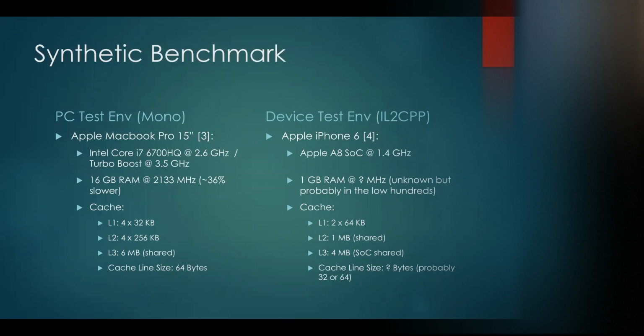And then the other device we're going to test is the iPhone 6, just as seen on my desk. It's an Apple A8 system on chip. It runs at 1.4 gigahertz, so way slower. Has 1 gig of RAM. We don't know how fast it's running because Apple doesn't tell us. Like most of what we know about the Apple system on chips is through reverse engineering the hardware. So we know it's 1 gig of RAM because we can see it in Xcode, but we don't know how